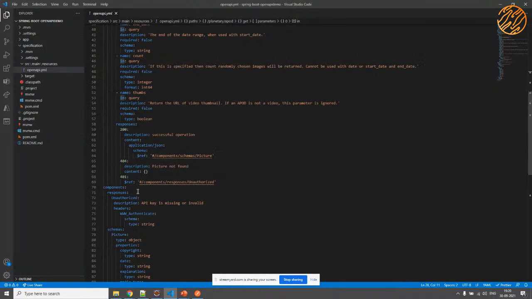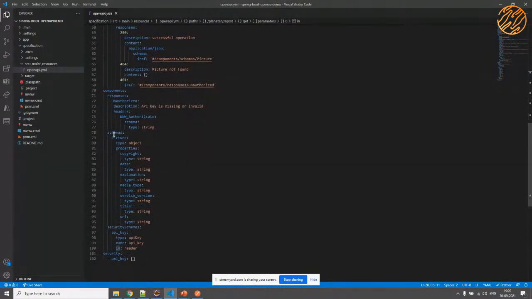As mentioned before, here is something that you could actually use. Here is something that I have used, for example, schemas. Schemas is also one of the API specification features that allows you to define the schema of your response.